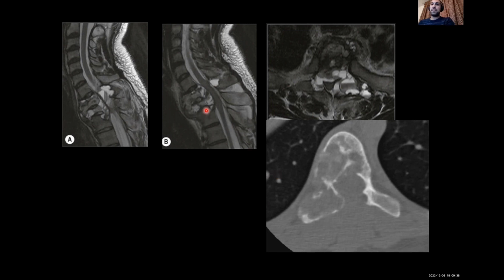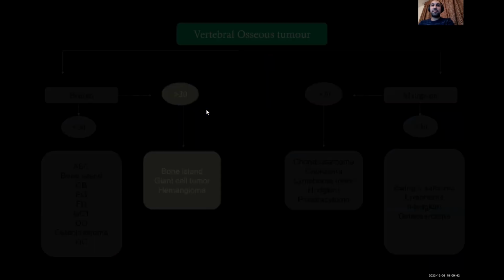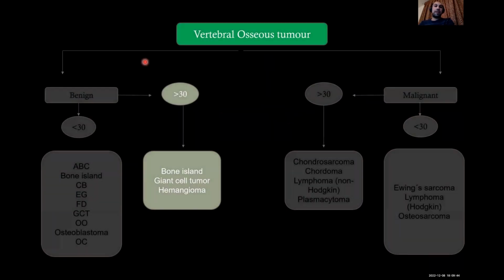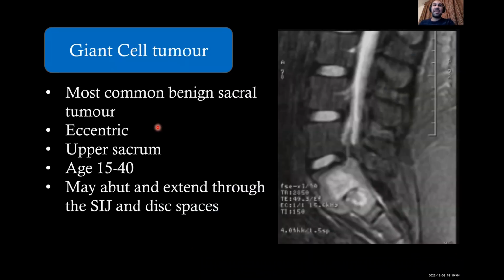Is aneurysmal bone cyst. Okay. So there's another diagram, the same diagram which we explained. Don't forget the bone island, sclerotic, brush borders. When the borders exceed 10 or 60, this is more likely to be a bone cyst rather than sclerotic mets. Okay. Giant cell tumor of the sacrum,